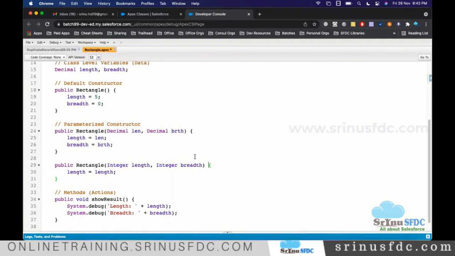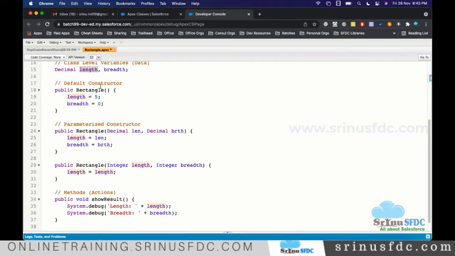Now the problem is when you have a class level variable and a local variable with the same name, the system gives more priority to the local. Always locals have more preference.